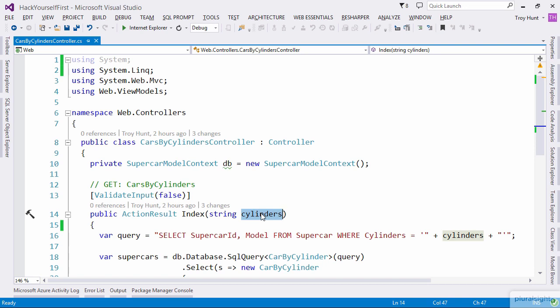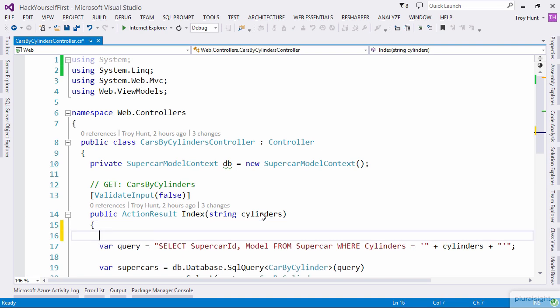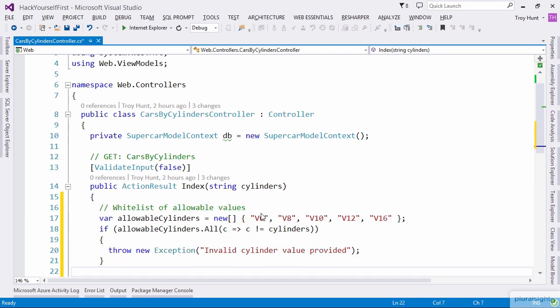One way would be to use the code I've got on my clipboard here. I'm just going to paste that in. And this is a whitelist of allowable values. So what it's saying is that our allowable cylinders can be V6, V8, and so on and so forth. And if we don't see one of those values in that cylinders parameter, we're going to get line 20. So it's going to throw an exception, invalid cylinder value provided. I'm just going to recompile this solution, and then we'll jump back into the browser and we'll see how the